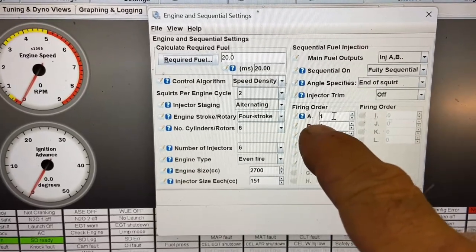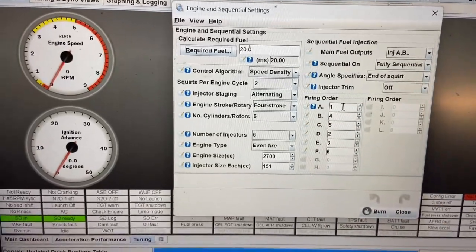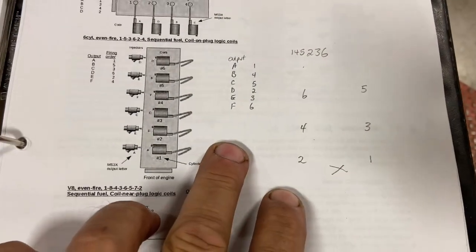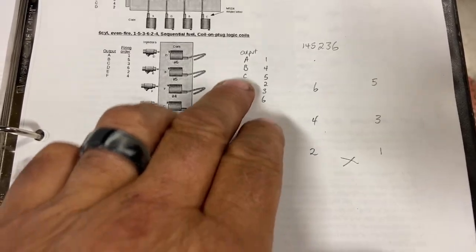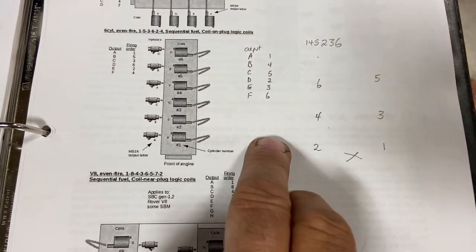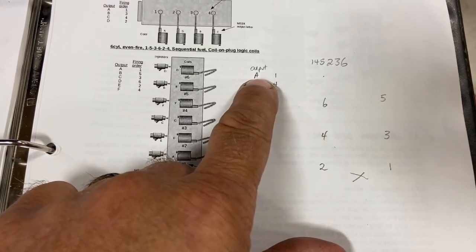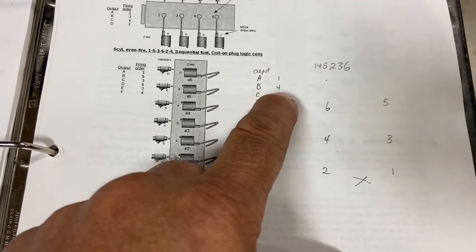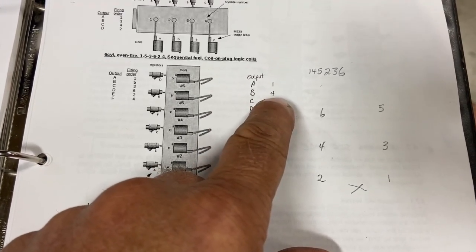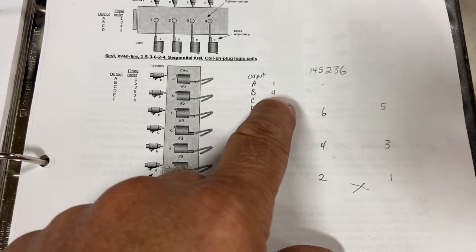So A is 1, B is not 2, B is the firing order 4. What I'm talking about here is, if you take a look in the book, the injectors and the coils, you want to have them wired in the correct firing order. So our output for injector and spark A is cylinder number 1. B, the injector and spark output of B, is going to be wired directly to cylinder number 4, not